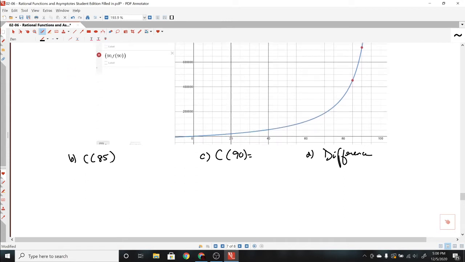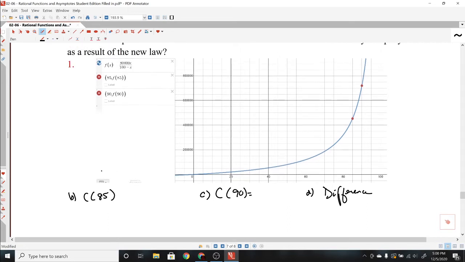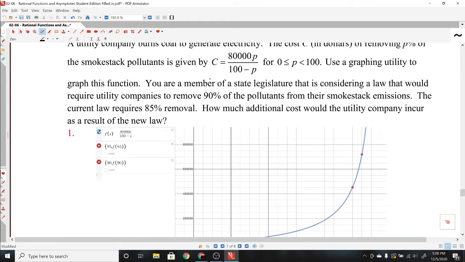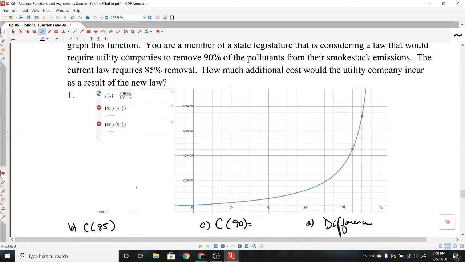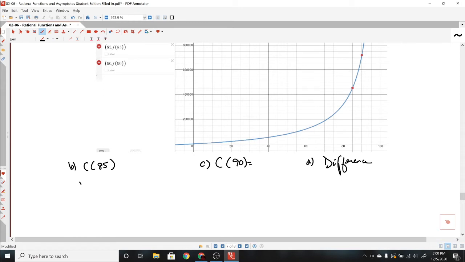We're just going to go ahead and plug 85 into the function. So the function again is C equals 80,000 P divided by 100 minus P. So I get 80,000 times 85 over 100 minus 85,